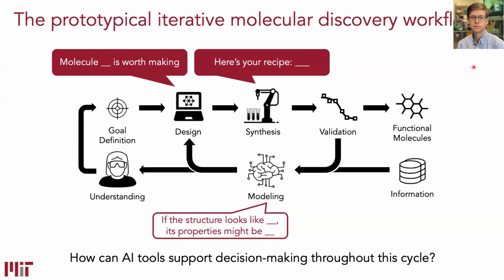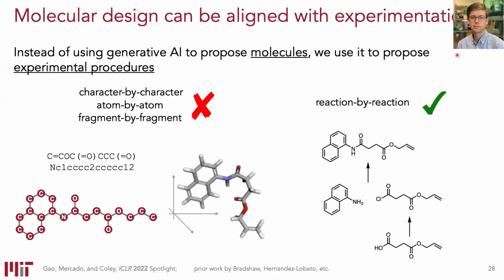I want to pivot back to the design question, but this time still thinking about synthesis in design, because this is one of the major opportunities to improve the way that we use AI for chemistry. I alluded to the failure mode, right? When you design molecules with generative techniques, you can sometimes get suggestions that are quite absurd, that you can't take into the lab and make. And so the solution that we've been pursuing for this is to redefine what it is we are asking the generative models to do.